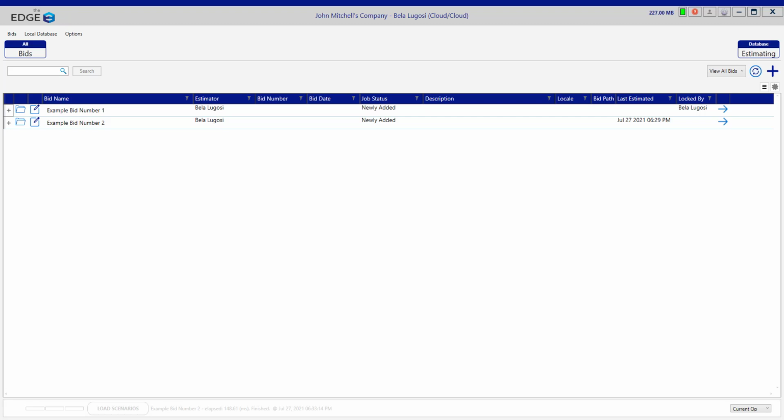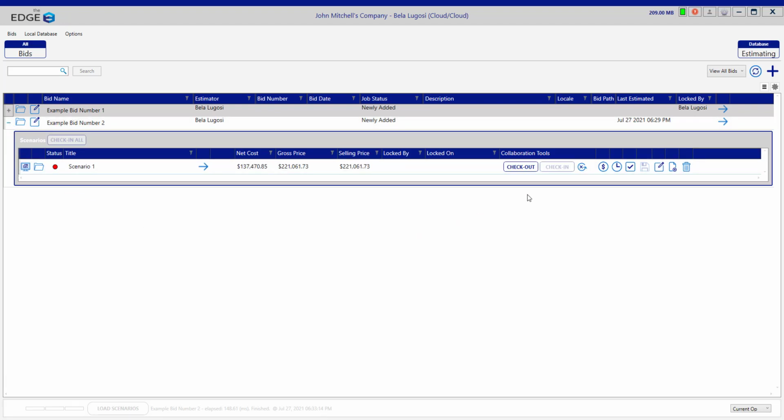For the protection of your company's proprietary information, the estimating EDGE itself will not be responsible for administration of the users. If an estimator has left your company and all of their bids are checked in before they left, then all is good with those bids. You can simply check those bids out on your computer, logged in as yourself, and work with those bids just fine. But if that estimator that left